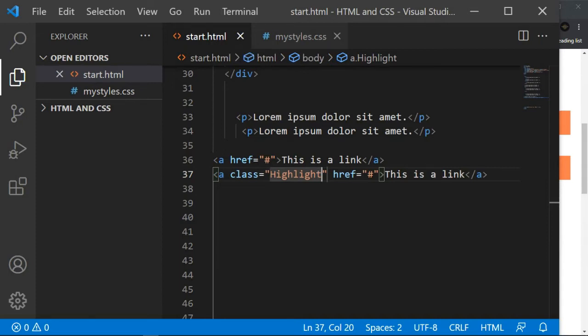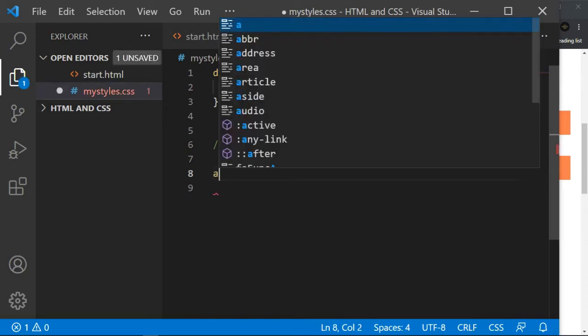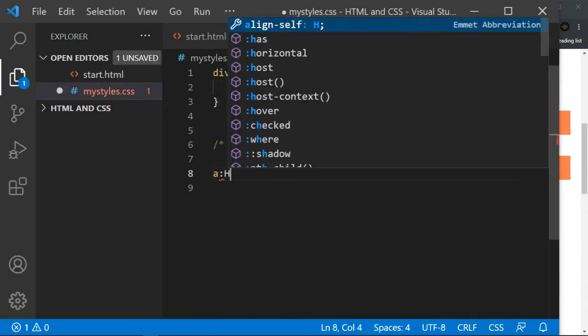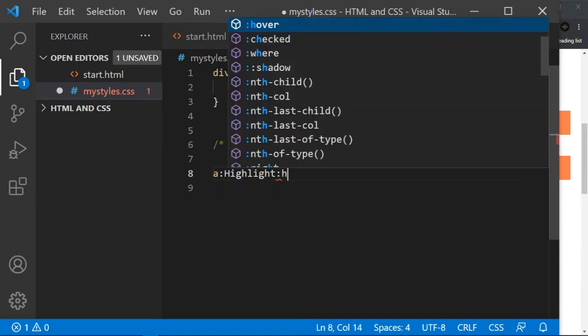Go to your CSS, and then say a for our link, then highlight. Is it written like that? Highlight. I guess that's the spelling, right? But now when you hover,